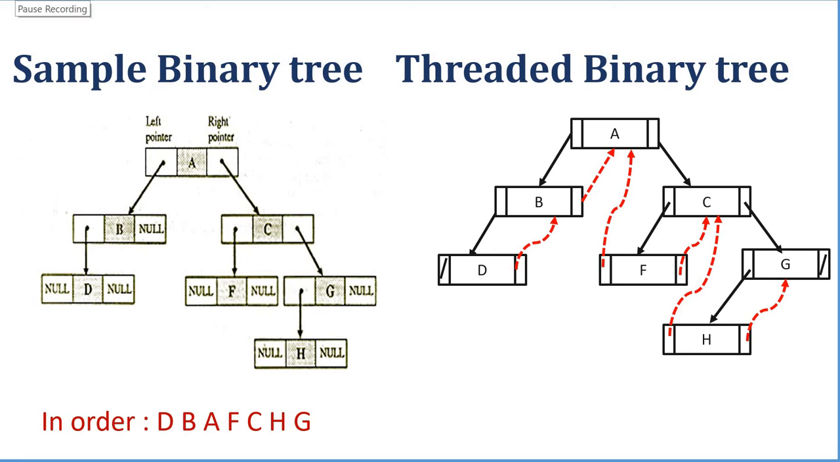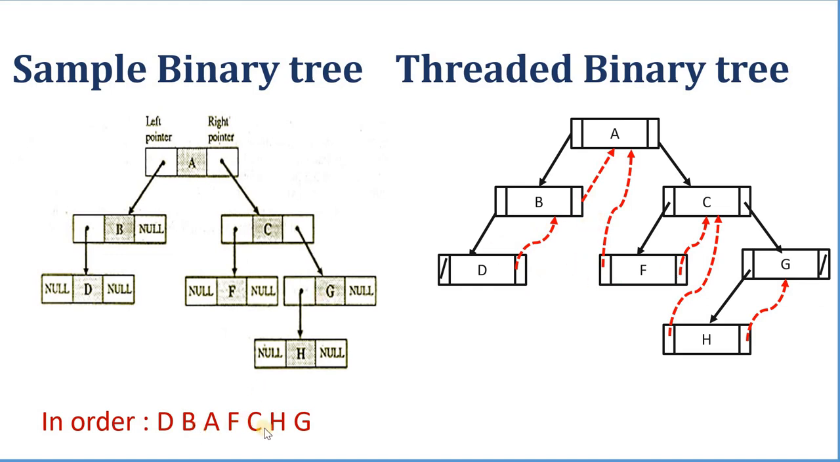Hello everyone. In the last video, you learned what a threaded binary tree is. Last time we discussed a sample binary tree and a threaded binary tree. A threaded binary tree is a special kind of binary tree where null entries of the left and right subtrees are replaced by special pointers called threads. These threads are normally denoted by dotted lines. And this is a threaded binary tree